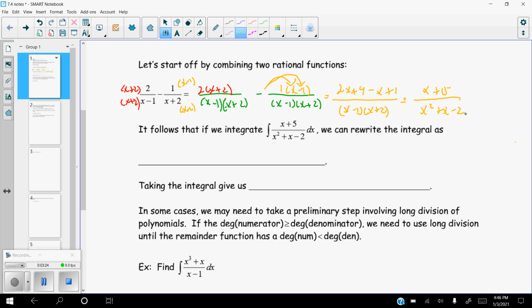And what you should notice is that in the next sentence, I have exactly that function that I'm integrating. So it follows that if I wanted to integrate what we just got here, because that's what this is right here, we can rewrite the integral as the integral of 2 over x minus 1 minus 1 over x plus 2 dx. And the question might be, well, why would I need to do that? Well, if you look at the original function, that we have when it's not in its separated form,